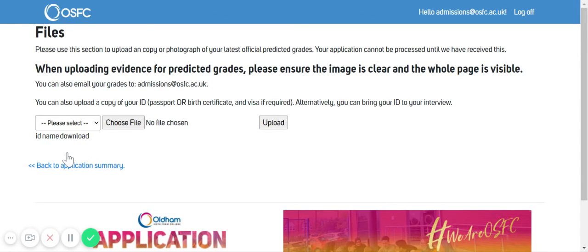Number 8, so you can leave this bit blank and still submit your application. However, if you are able to, it's really helpful to upload your predicted grades and also a photo of your passport or birth certificate, which is used for identification. So you would select which you are uploading and then select Choose File, which will open up your File Explorer. You would then select